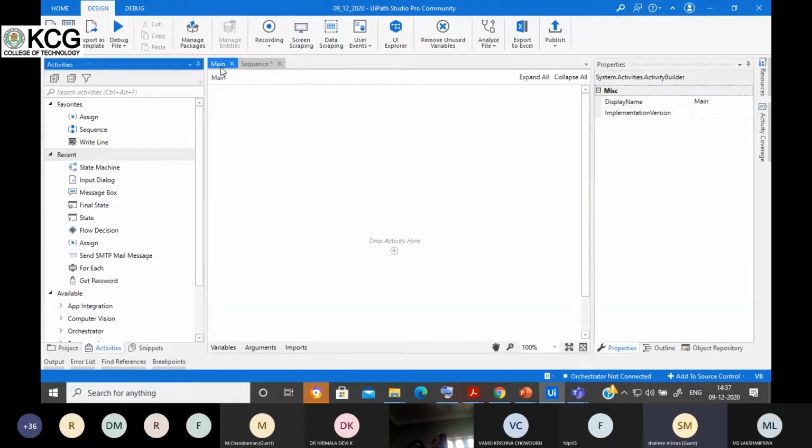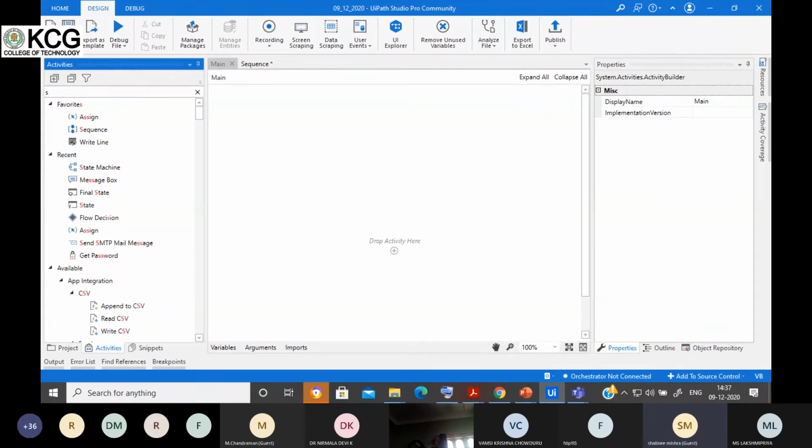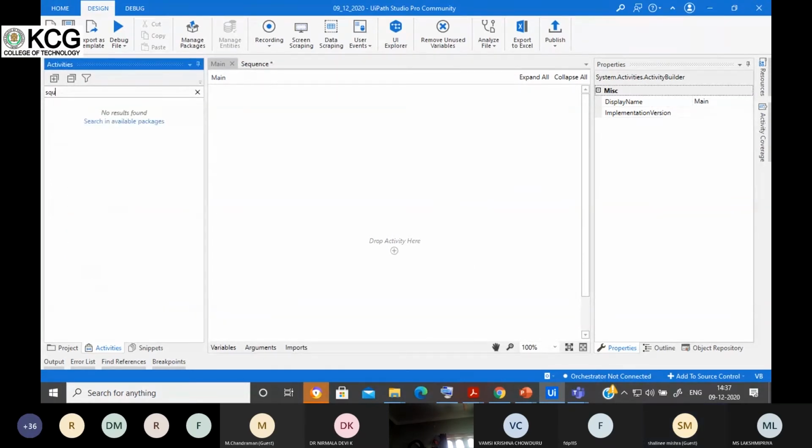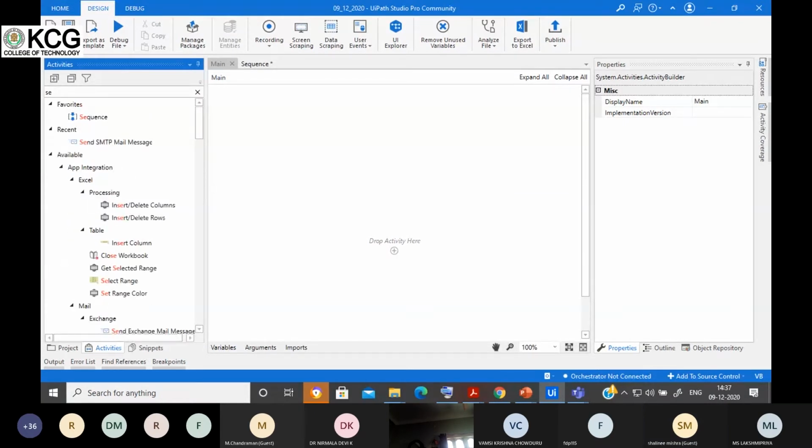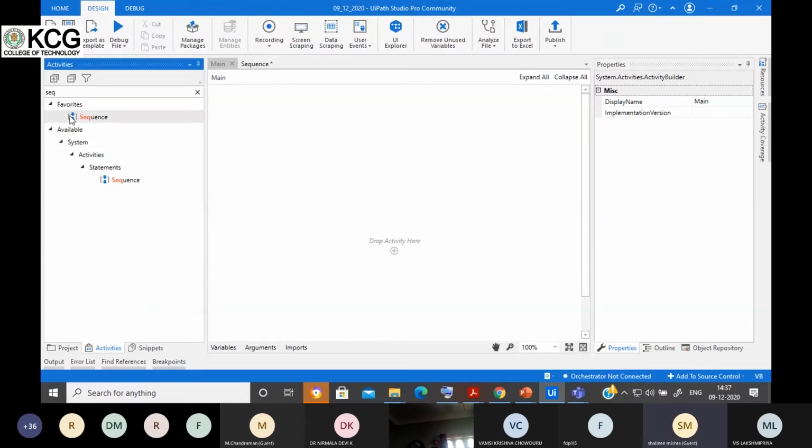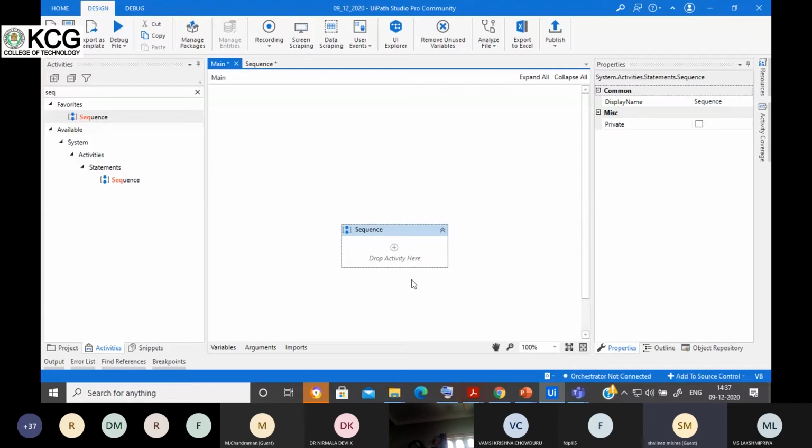But if you want to add this sequence in the main file, then you can search for the sequence from the activities panel. You can see here this is the sequence. Just double click here and it will get added, or you can drag and drop it here in this main page. So this is how you can add the sequence inside this main page. Here also the function is the same.